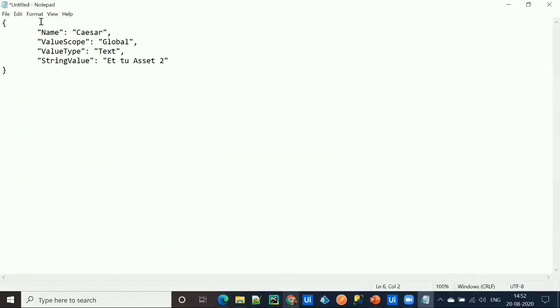To convert this JSON data into a string format, first we need to remove the double quotes for the key, and we need to replace double quotes with a single quote for the value.